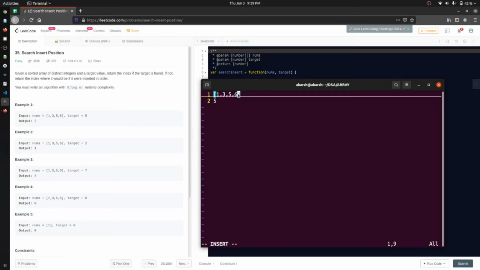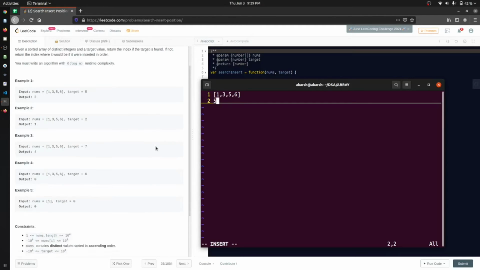If at any point we find the target, we will say that yes, my element is present. And if it is not present, then we will just find the index. So what according to me will be the solution for this?